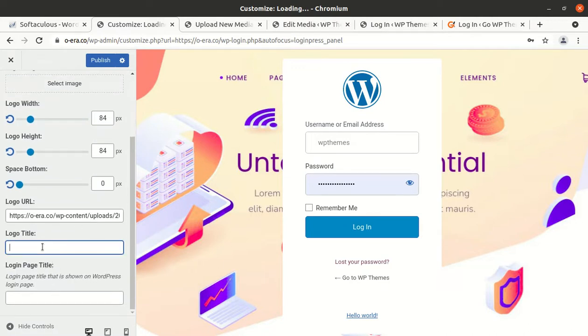Logo title is WP themes, let us assume, and I'm hitting on publish.